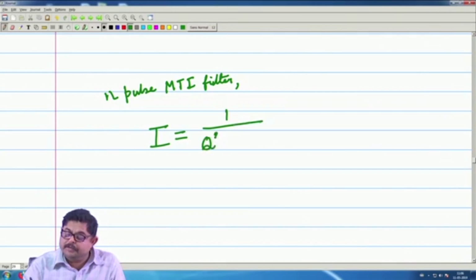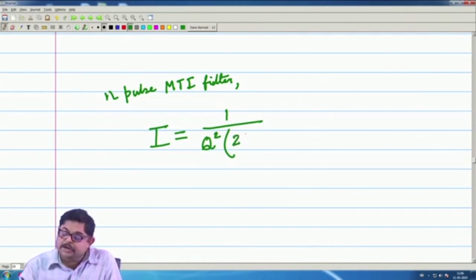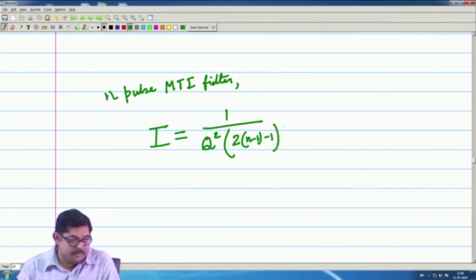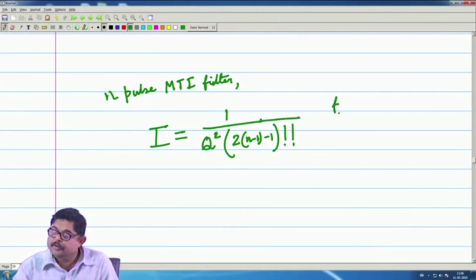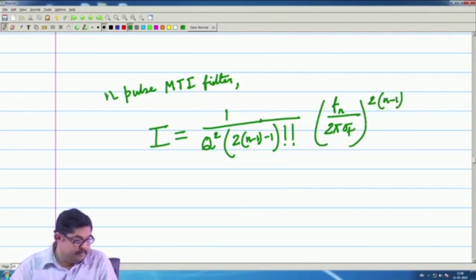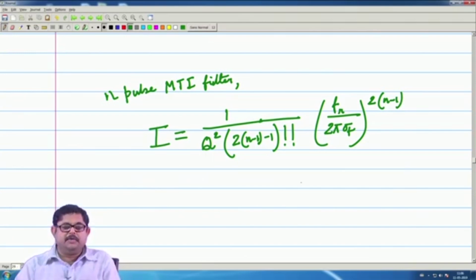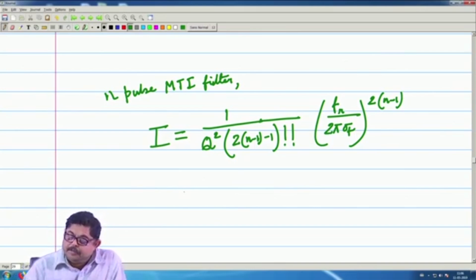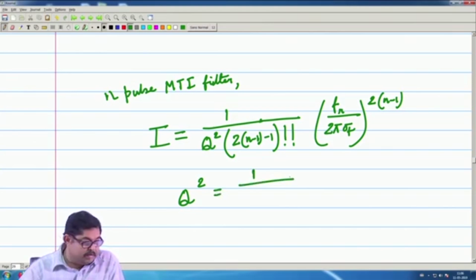People have derived it, and I have not gone into that, but if you know this, you can find the improvement factor. Here you see a double factorial notation, which I will explain. But what is q square? So, q square is 1 by